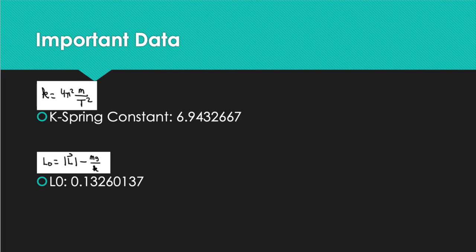Taking this period of oscillation and mass, I plugged these values into the formula shown to calculate my spring constant to be 6.943266. The next value I needed to calculate was the relaxed length of the spring. This was fairly simple since I knew the extended length of the spring as well as just calculated the spring constant earlier. Plugging these values into the equation seen gave me the value